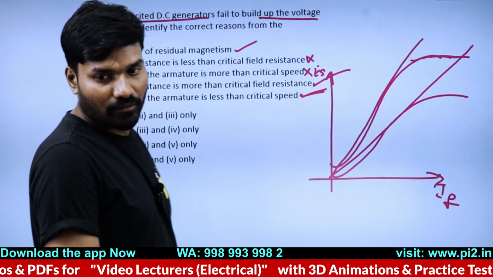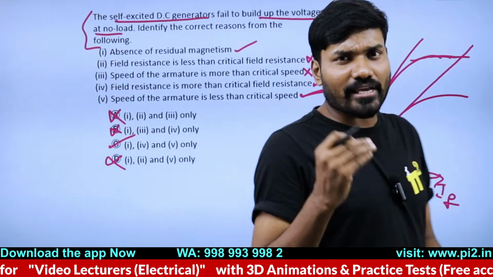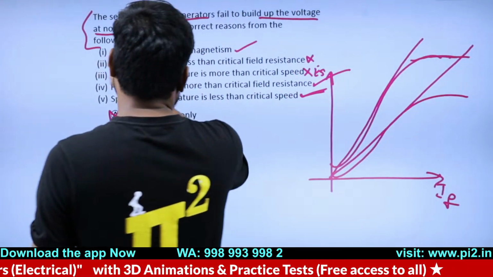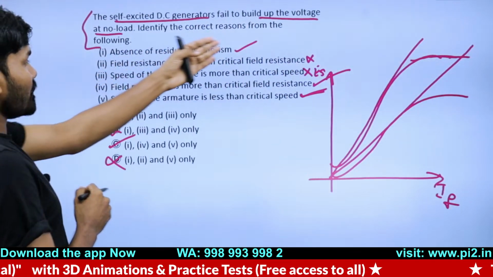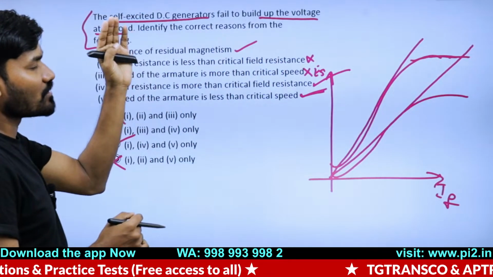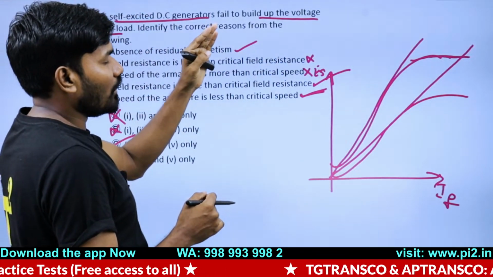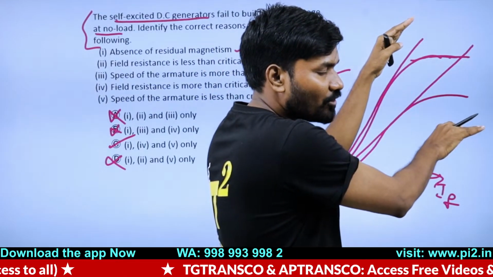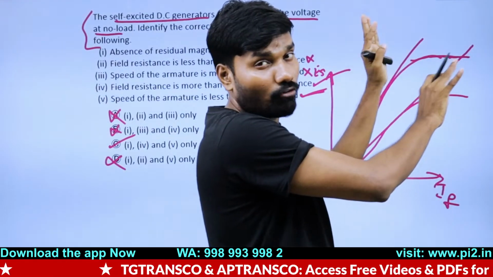Done. Okay. For explaining it is taking more time, but if you know the concept, directly by looking at this, okay, absence, it's gone. It's present. Less than critical speed. Less than critical speed means the critical value is here. Less means the slope is downwards, so it will build, no failing.